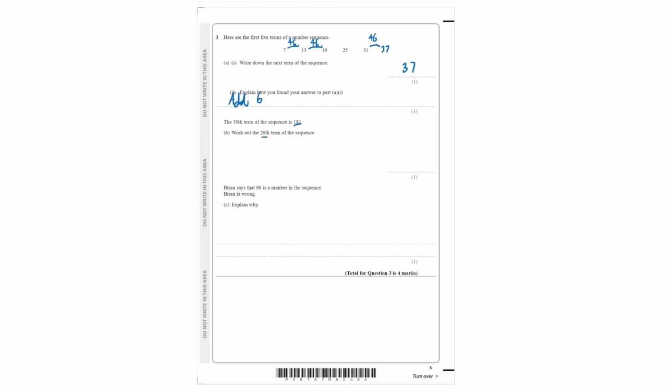Work out the 20th term in the sequence. We could use the formula here, but actually, since the 30th term and the 28th term are given, we know that the difference is 6. So actually, we can simply write 181 minus 6 times 2. Since we have to find the 28th term, we only have to find the difference twice from the 30th term. So you can write 181 minus 12. That gives us